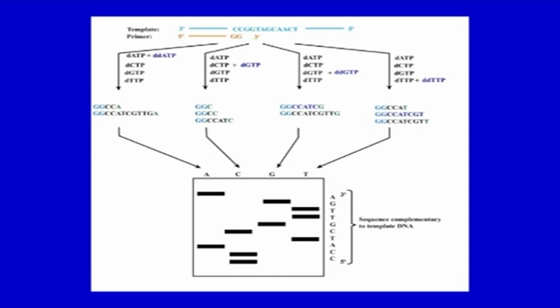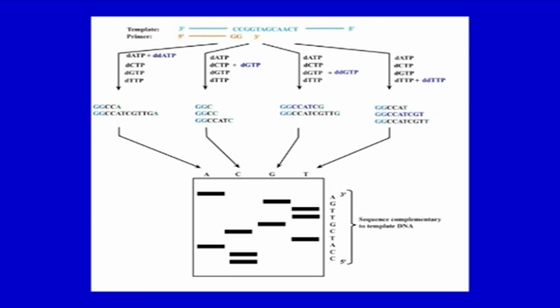So, what you have is a template and a primer on one side. The primer will be extended by the polymerase, and according to the particular dideoxynucleotide you will get these fragments, because the extension will be interrupted at different bases. So, if you have ddATP, then these fragments will be generated as complementary to this template fragment. Likewise, for G, for C and for